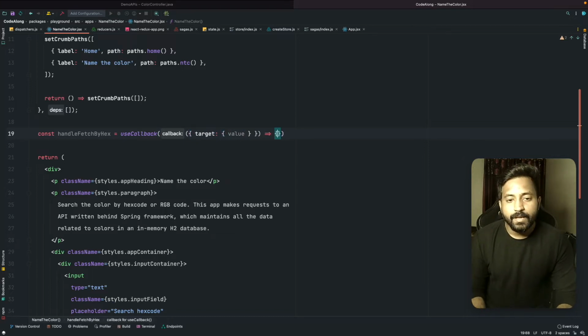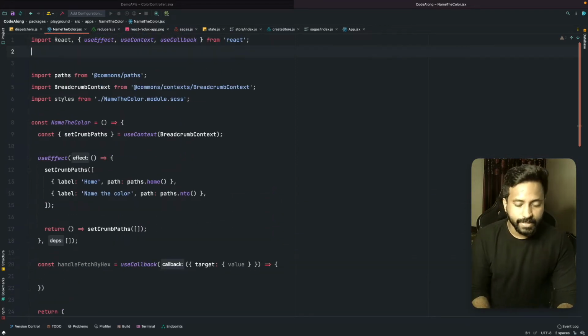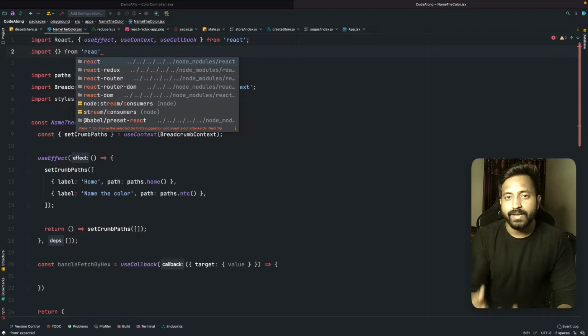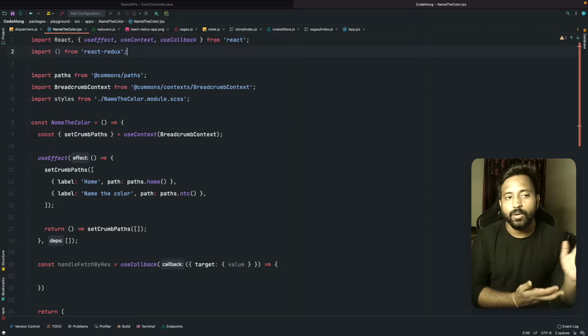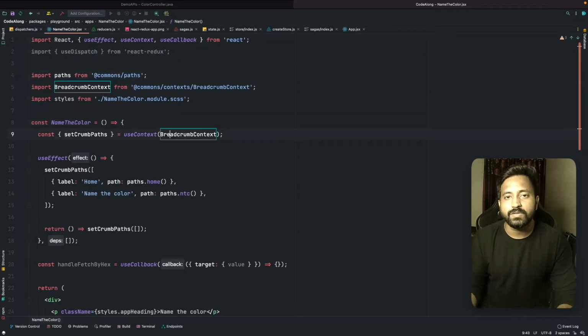Okay, and we are also gonna use another hook which is there inside React Redux. Since we are working on the React component now, we are going to use React Redux, not the toolkit. Toolkit is the core which has all the configurations and functions to create the store and all the store related things. But to integrate our React application with Redux, we are going to use the package React Redux. And in React Redux, we have a useDispatch hook, which is gonna give us the instance of the dispatch function, which will be used for dispatching the actions. Okay, so useDispatch is there.